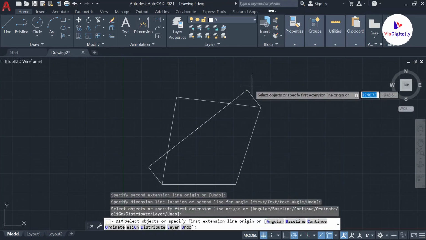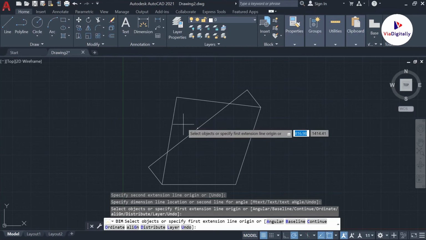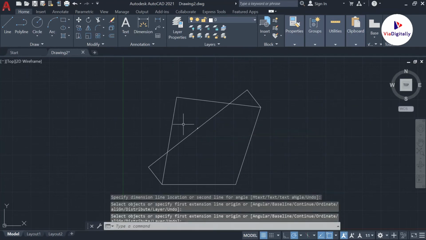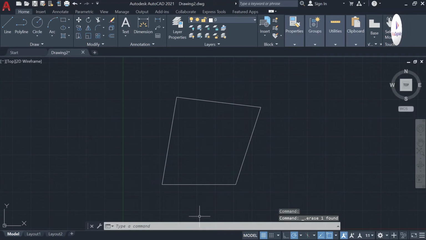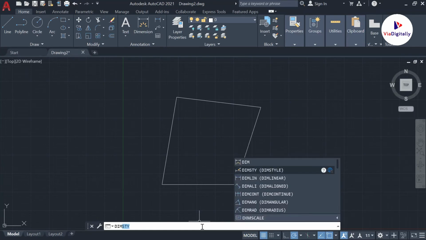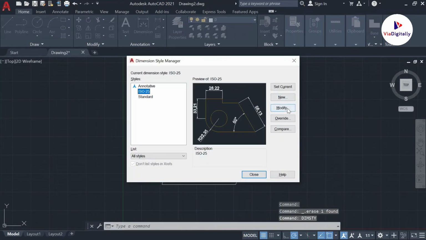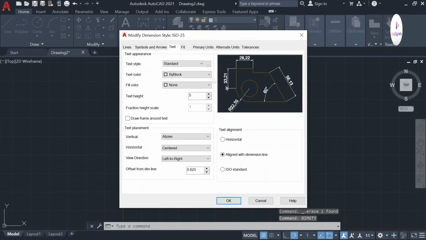I'll try to sort this out. Let me change the font size again. Dim style, modify, text, and let me give around 20.